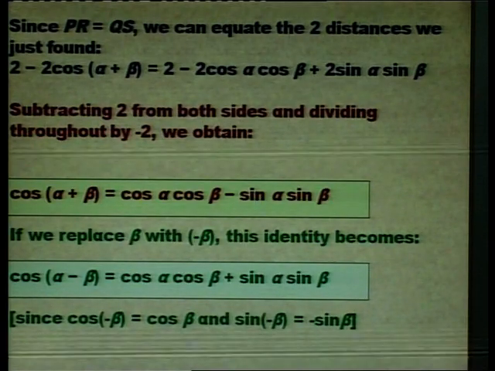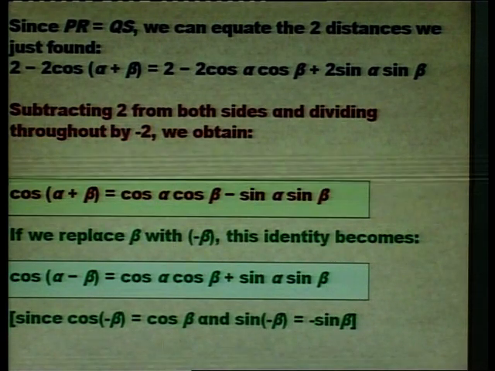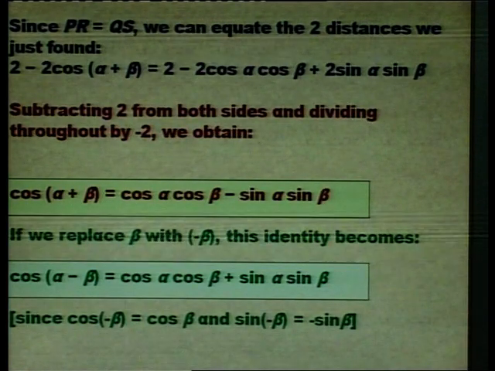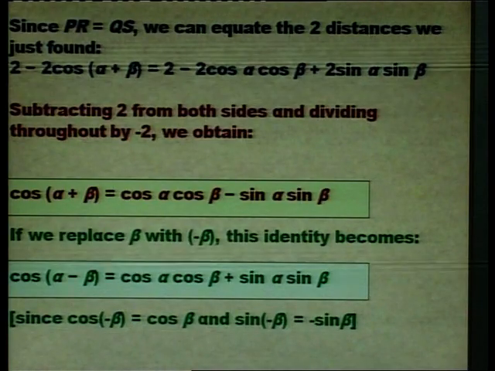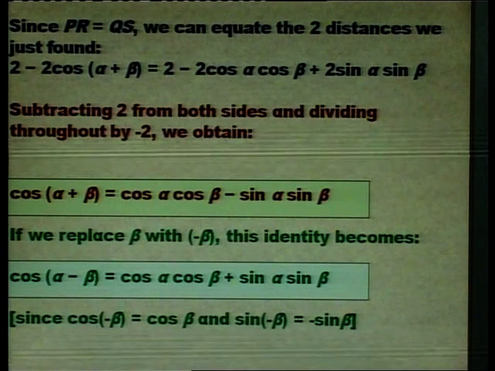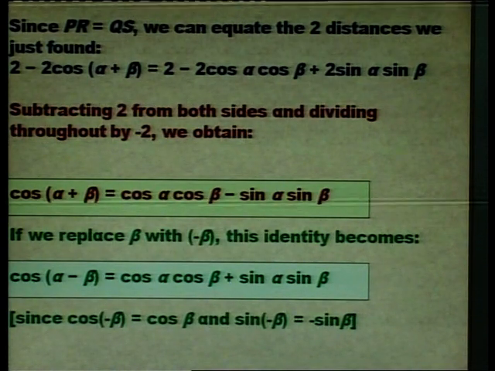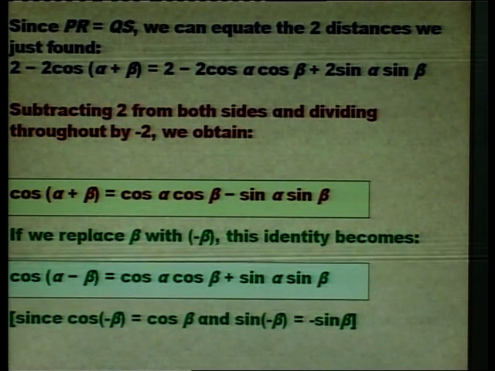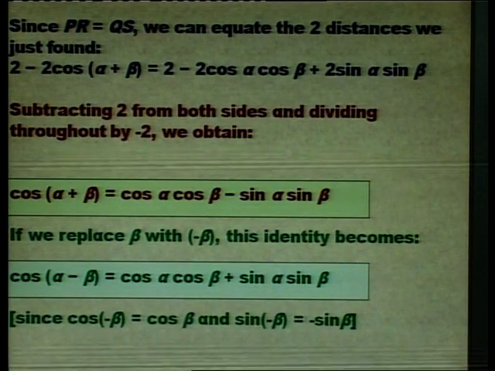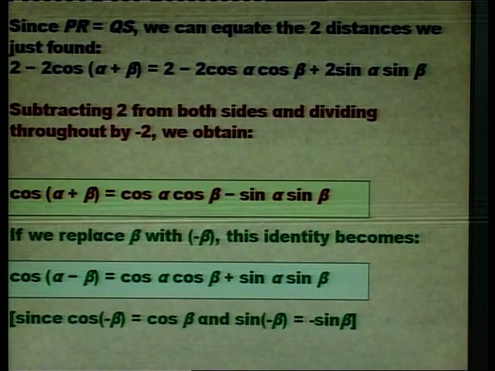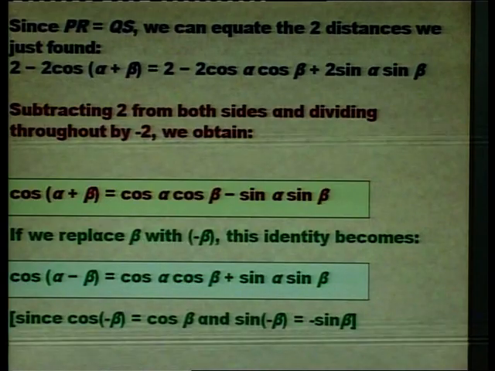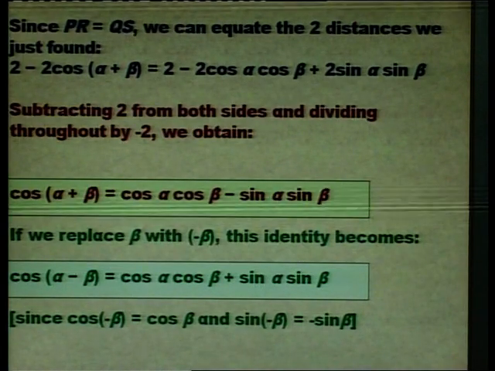Now, one thing is very important that can be observed from this expression only: in cos of alpha plus beta there is a plus sign, and the right hand side has a minus sign, cos alpha cos beta minus sin alpha sin beta. Similarly, we can derive the next formula simply by replacing beta by minus beta,